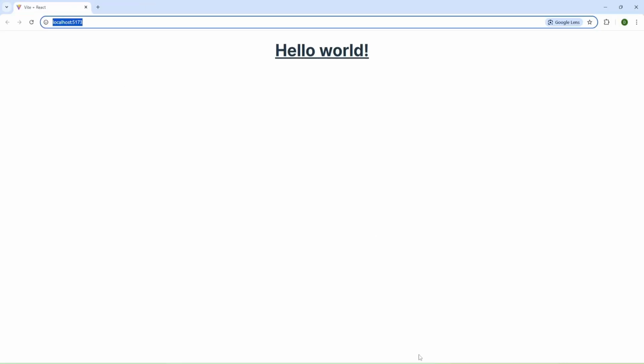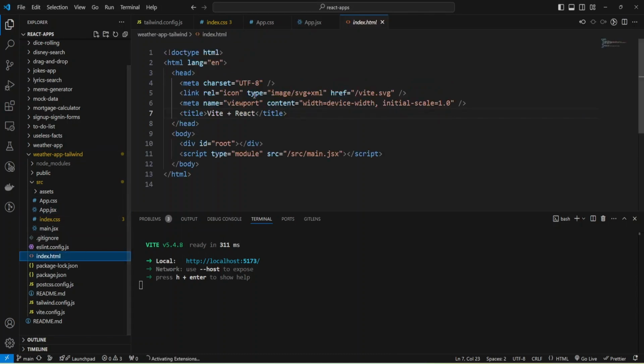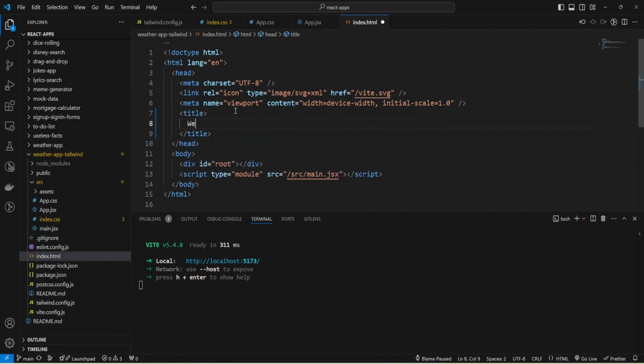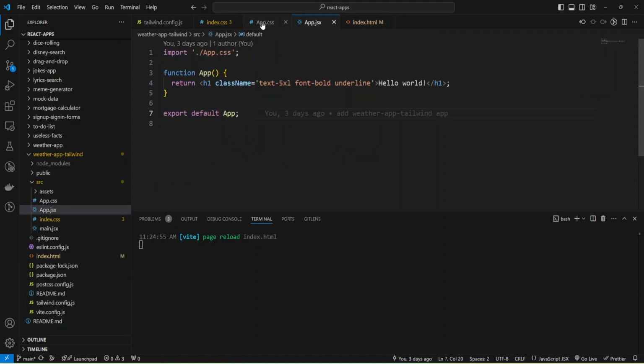And we have some hello world, but I'm going to change it, and let's change the title to weather app. I'm going to use geolocation data inside a bigger weather app, and let me close all the styles.